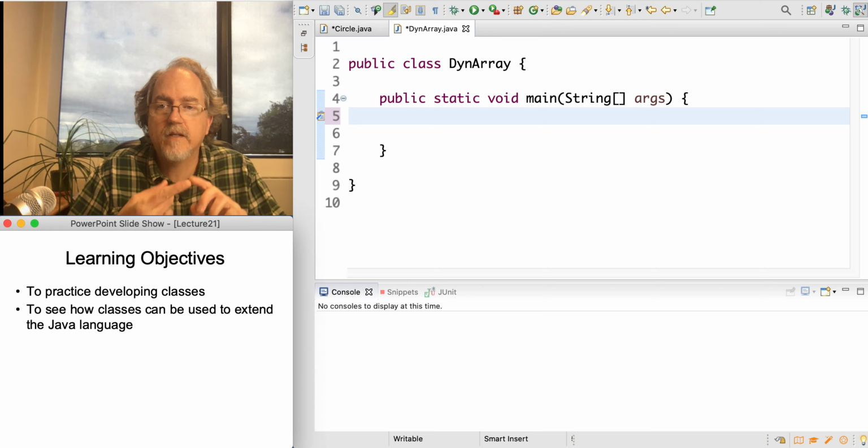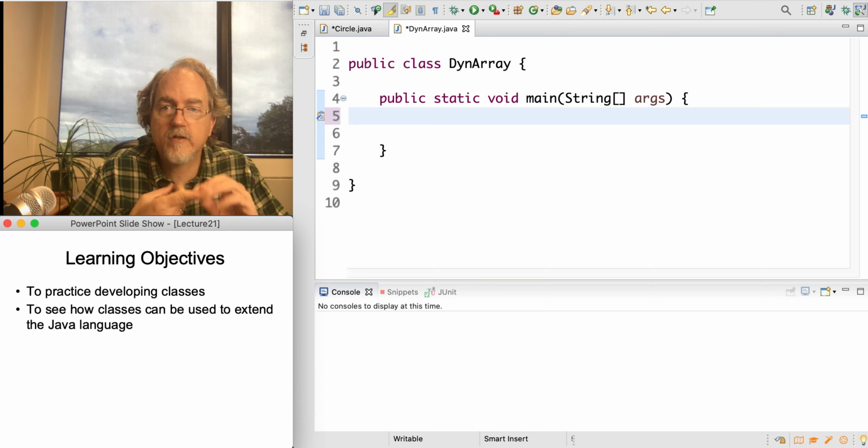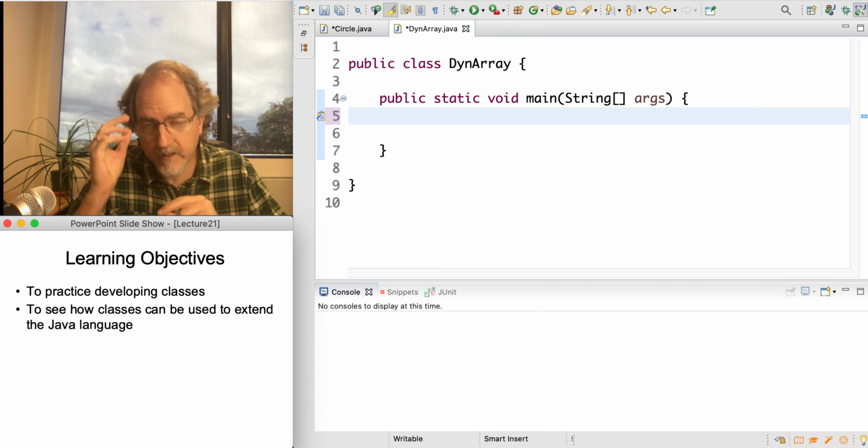So far, we've looked at a circle class, in two forms, and a fraction class, and we've been adding different things to it. So hopefully you're getting the basic idea: a class holds data, instance variables, and operations on the data, methods, and we make instances of the class and ask those instances to do things through the methods. And the data inside the class is basically hidden from view. We don't have to know how it's stored. All we care about are the methods available to us